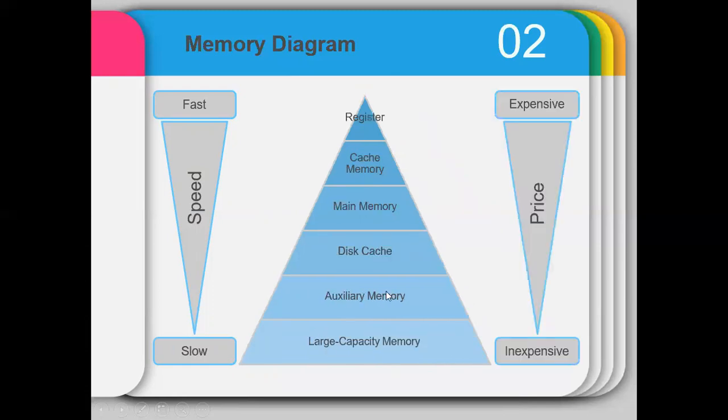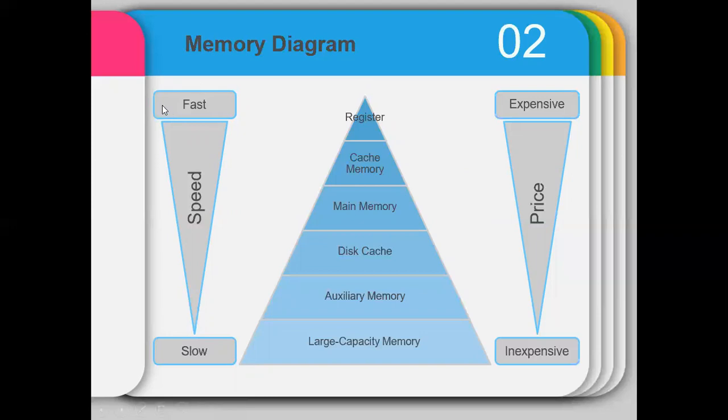If you want to purchase registers, they are more expensive. You cannot buy a register separately. Since your CPU costs around 12 to 13,000, an i3 processor, within this processor these registers function much faster. A CPU also needs temporary storage to perform multitasking.